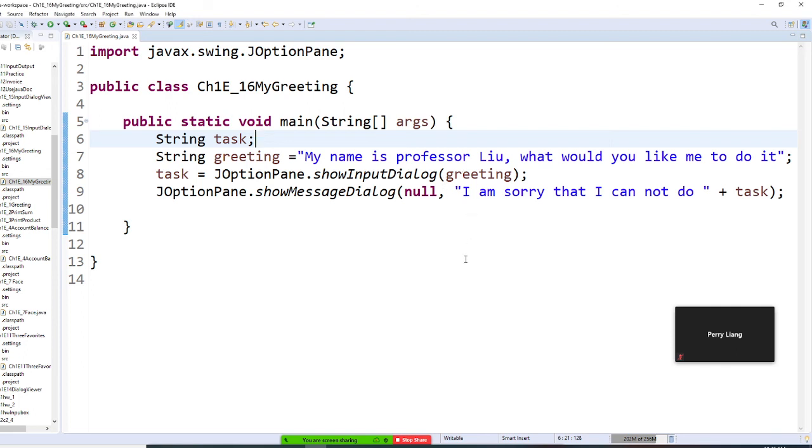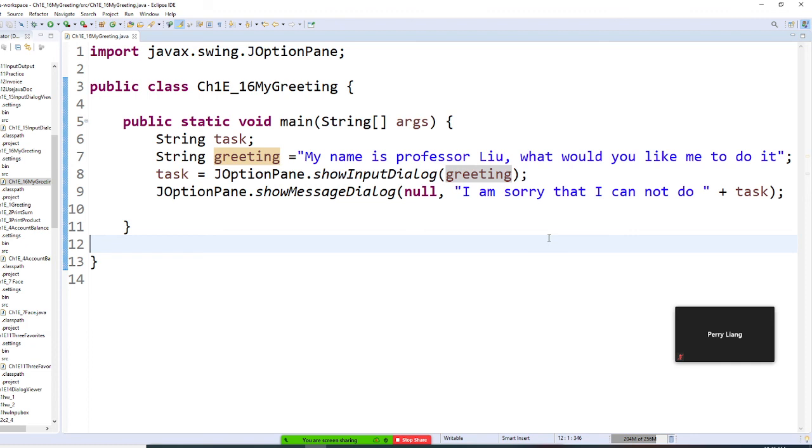So what you learn in this assignment is this. You make a preset greeting, and you put the preset greeting into the input dialog box. The advantage is, number one, your greeting can be changed all the time.